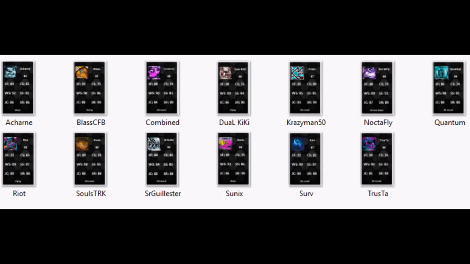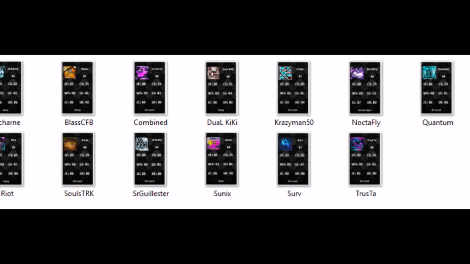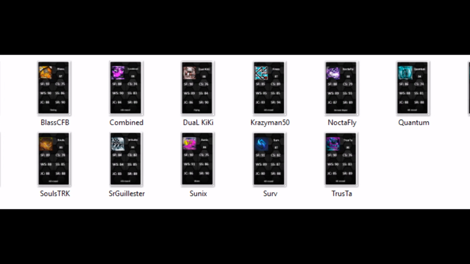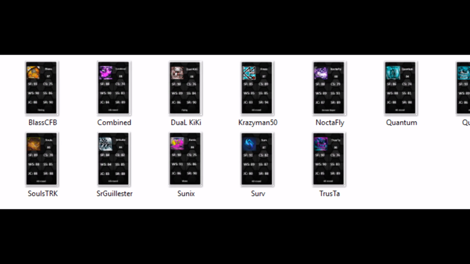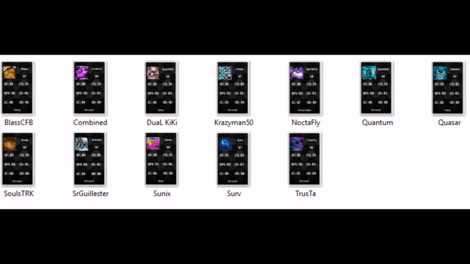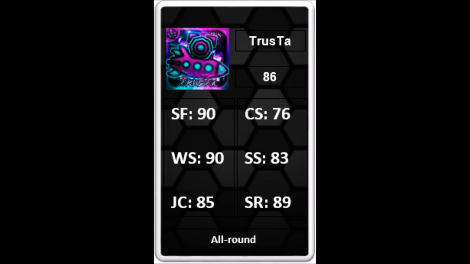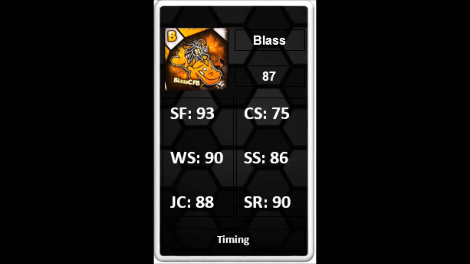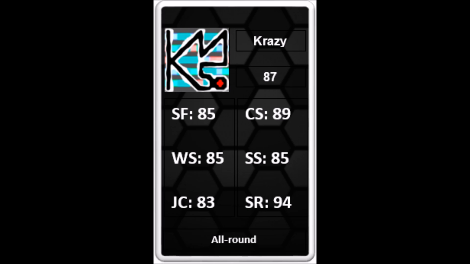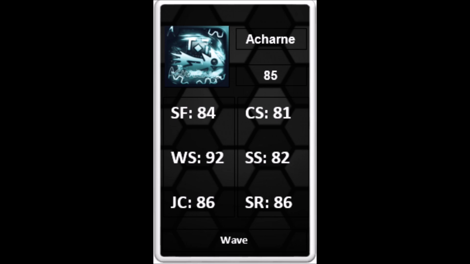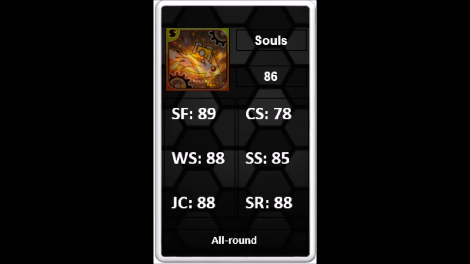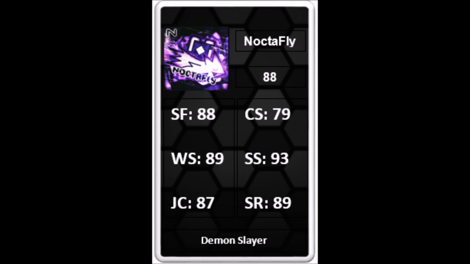Now, as I said earlier, I started working on this a long time ago, late December to be precise. I made a bunch of these cards, and some of them now look a little out of date. However, they provide a good example of what a GD card game would look like. I made them for the best players, and some for more specialised players. We have Sunix, Truster, Blast, Combined, Serve, Crazy Man 50, Quasar, Akan, Sagaesta, Quantum, SozTRK, Jewel Kiki, Noctafly, and of